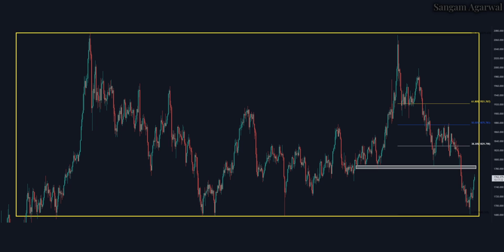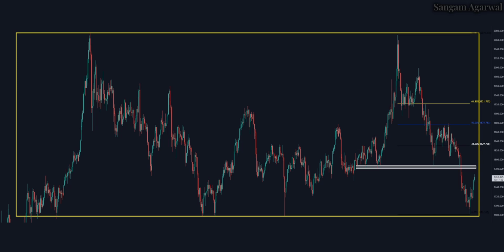I will start this video with the daily time frame: support at 1680, where this trend started, and next resistance at 1786, where this trend can go, because these support and resistance levels are clear on the daily time frame. If you try to look at this support and resistance on H1, then you cannot get clear information